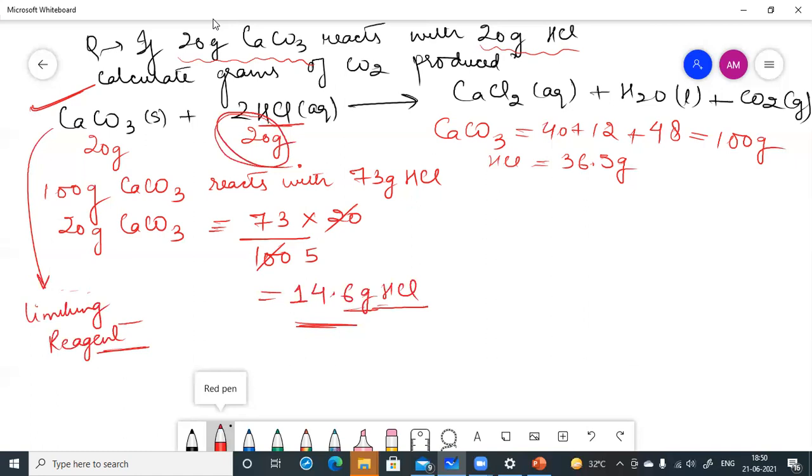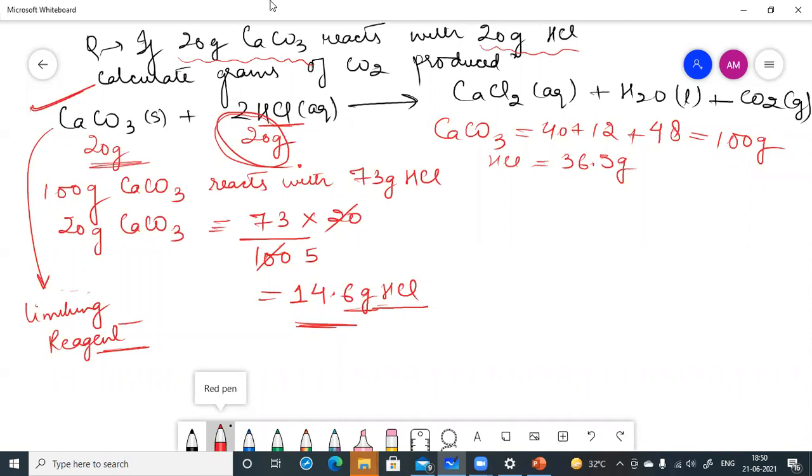The reason being that the amounts of both the reactants are given to you, okay, so that's why it is necessary to find out the limiting reagent, ठीक है। तो अब आपके पास limiting reagent है calcium carbonate।